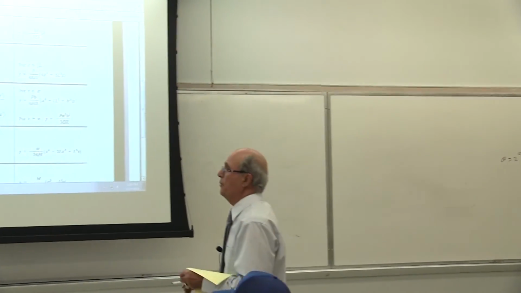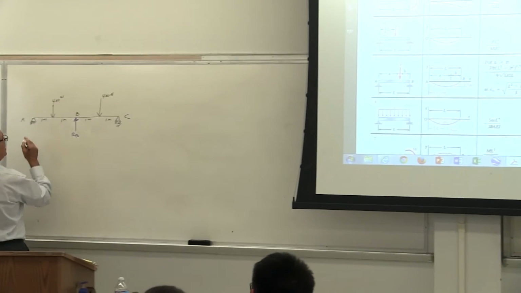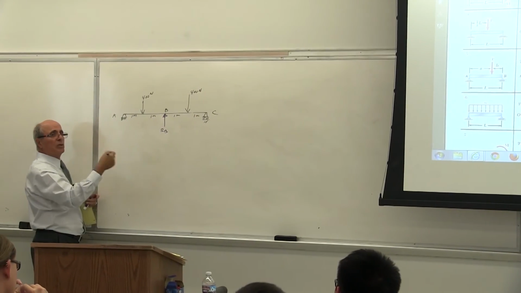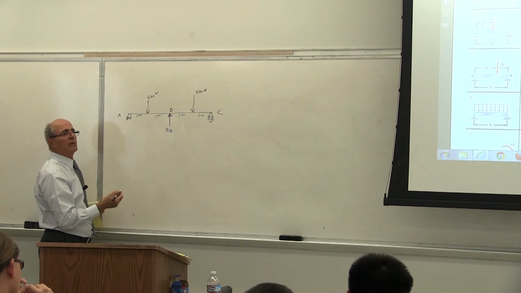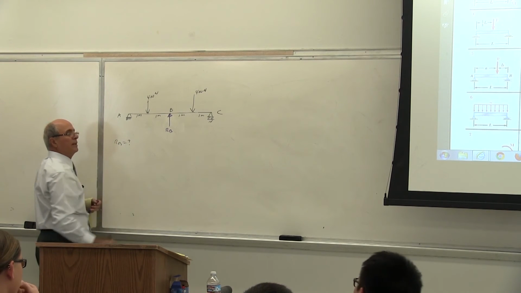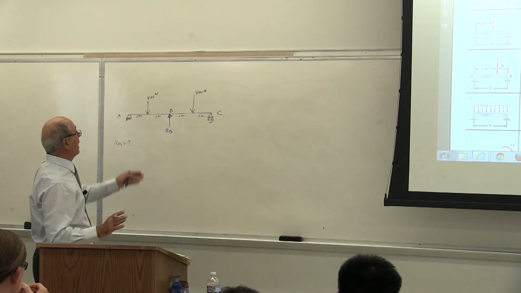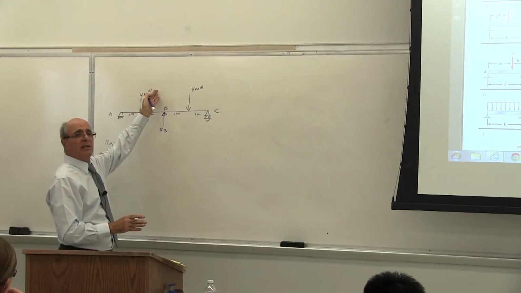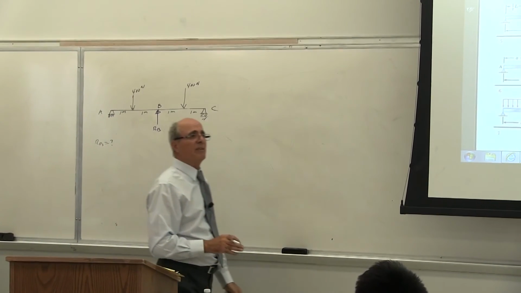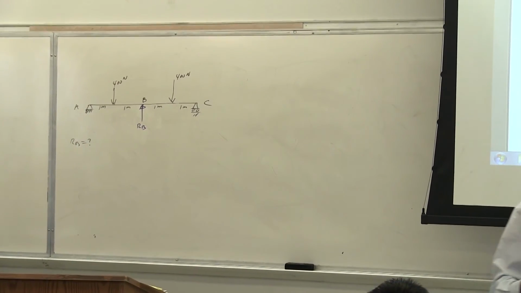The question is, if I calculate RB, then I don't have to worry about A and C, because then I can use equilibrium to solve for the others. That's what I'm saying. So RB equal to what? Is that the question? Yes? However, anytime you have a reaction, you have a boundary condition. What's the value of y at that point? 0. So why not use that as your criteria?